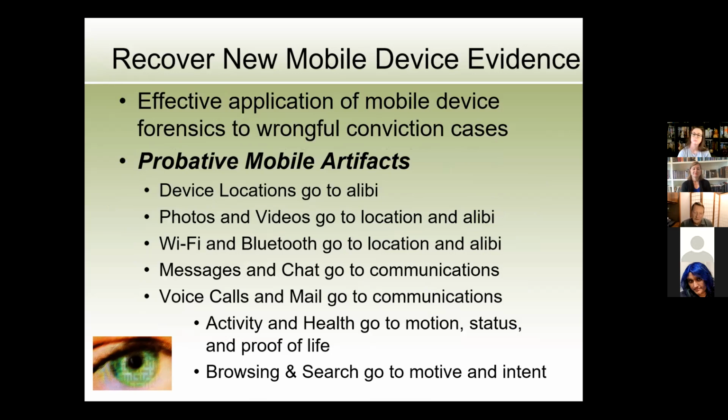So this is kind of a shift. The idea is, how can we use mobile devices to help defendants in post-conviction cases? So I talk here a little bit about the artifacts, right? When we use device locations or track points, that's perfect for an alibi. If you can actually get the track points to show that those track points were visited by the phone and that the defendant had the phone, then it's an alibi, and alibis are huge.